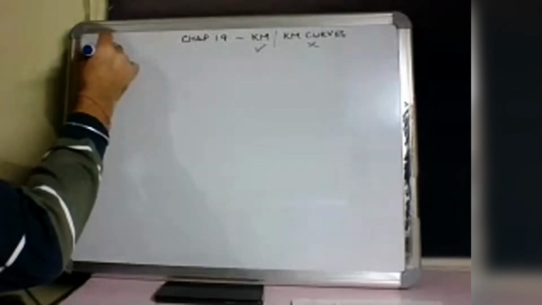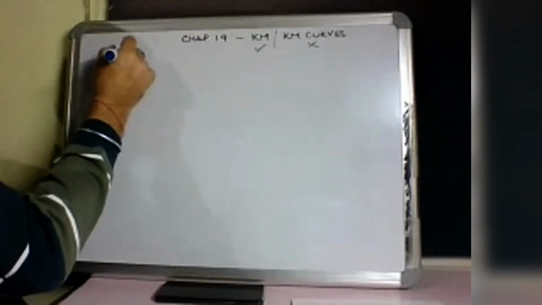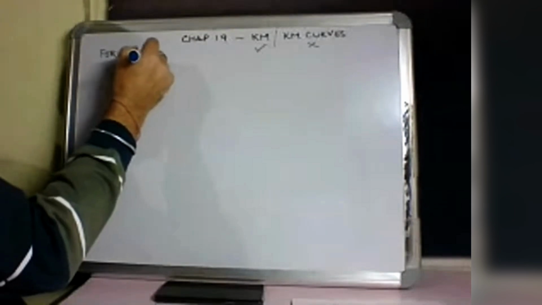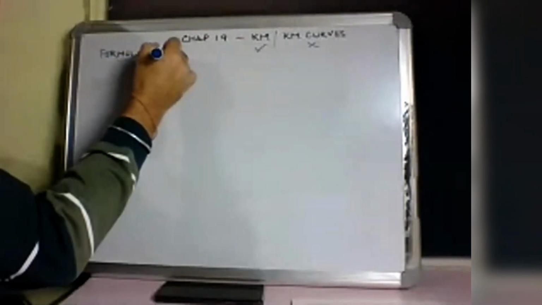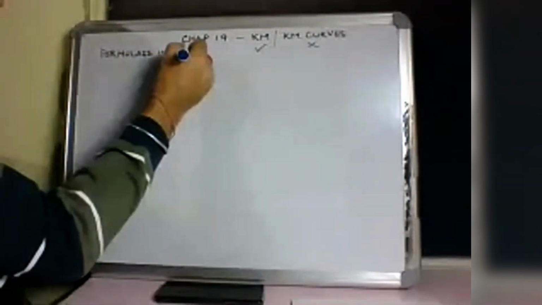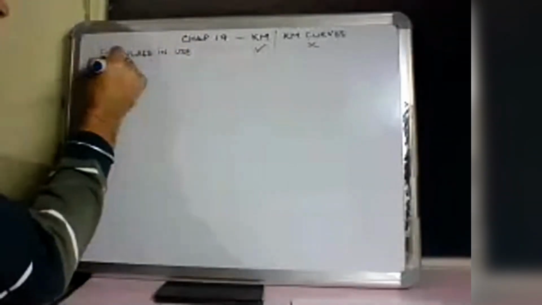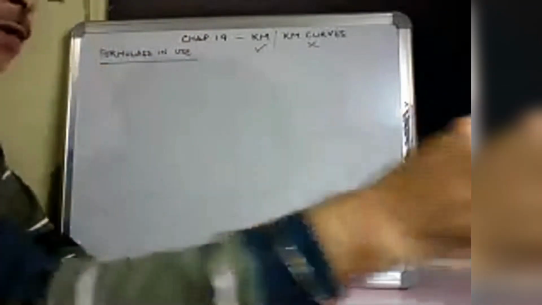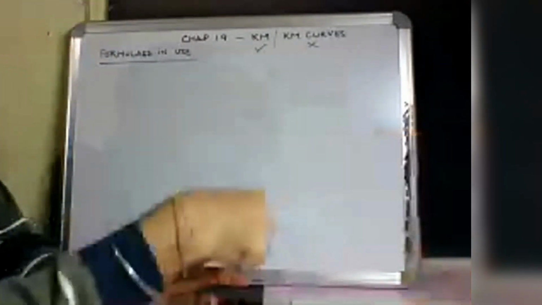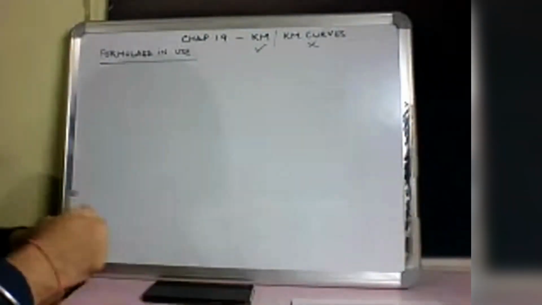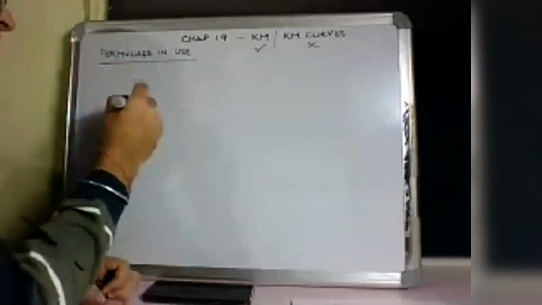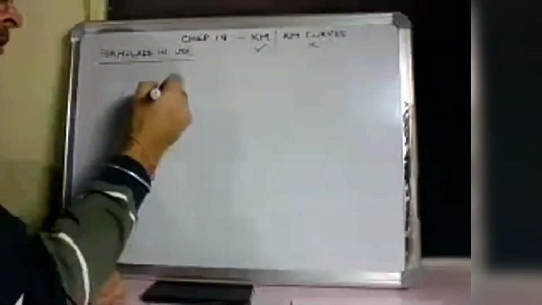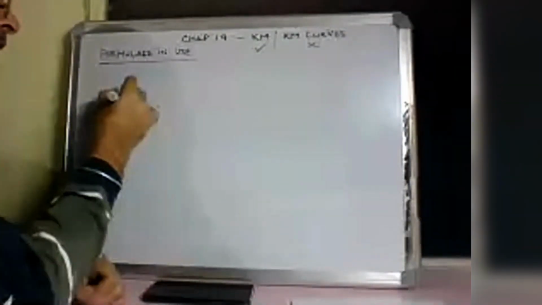So let's begin. What are the formulas that we'll be using? I've already been using some of them last month, so it'll be a repetition for most of you. So the first one is, if I have a log like this,